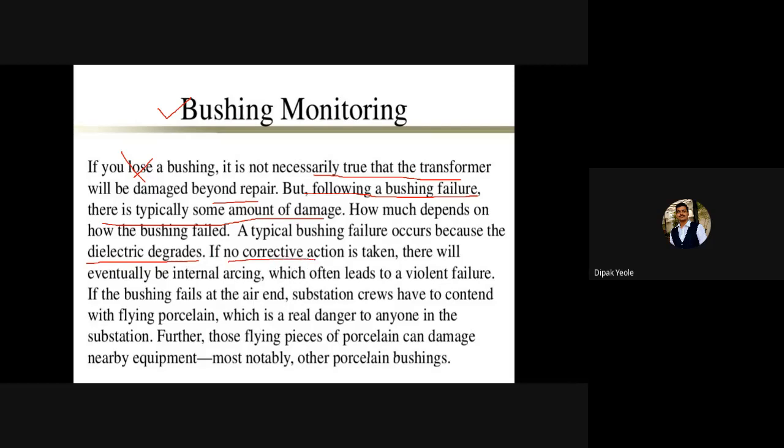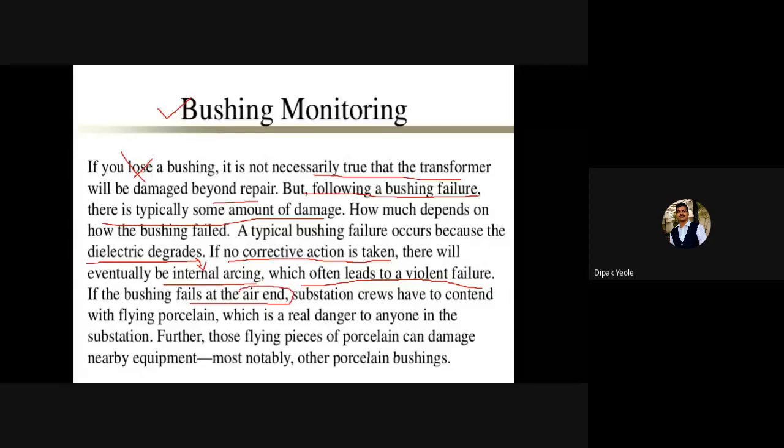If no corrective action is taken, internal arcing can eventually be possible, which often leads to violent failure. So if the dielectric degrades, internal arcing can be possible, and if we do not take corrective action, it will lead to violent failures. If the bushing fails